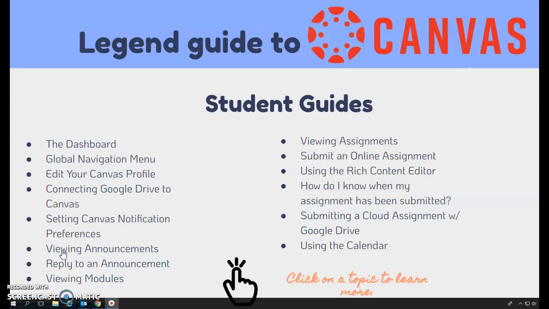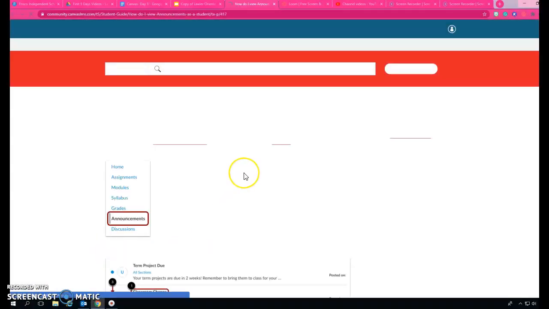So let's pretend that your teacher posted an announcement on your Canvas shell, and it's for you to be prepared to talk about a certain topic the next day in class. So let's say that you don't know how to access announcements. You heard through a friend that an announcement was made on Canvas, but you don't know how to look at it. So if you go down here to the actual viewing of announcements and you click on the link,